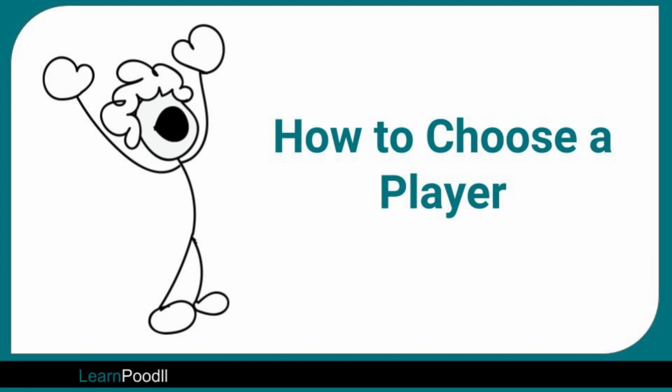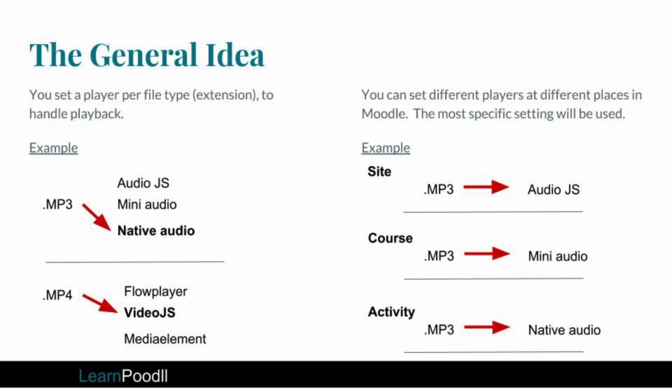Hi, this is the Poodle guy, and I'm going to talk about how to choose a player in Poodle, a media player. So the general idea is that for each of the file extensions that you wish to display in